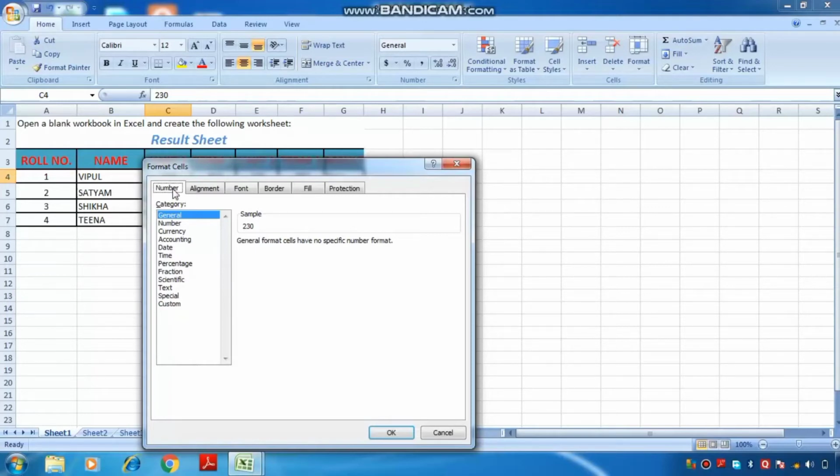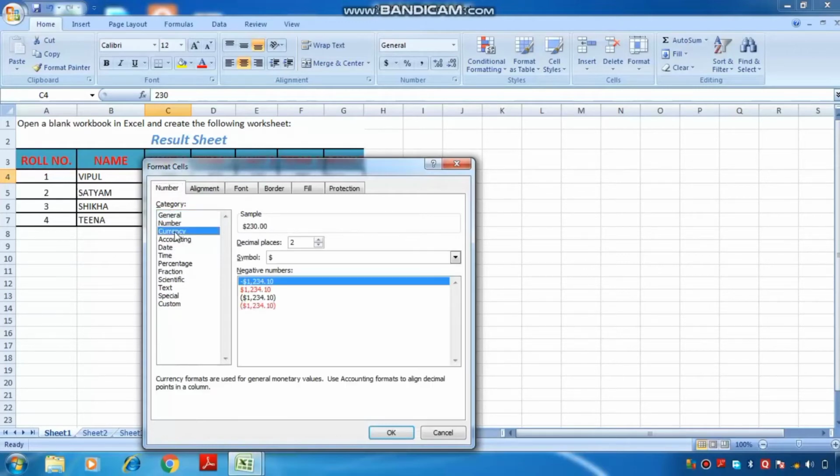It's already selected. Here, select the required number format from the category, that is currency or whatever you want to change. Here you can see currency, accounting, date, time. So I select currency from here, and select the currency symbol from this drop down list.